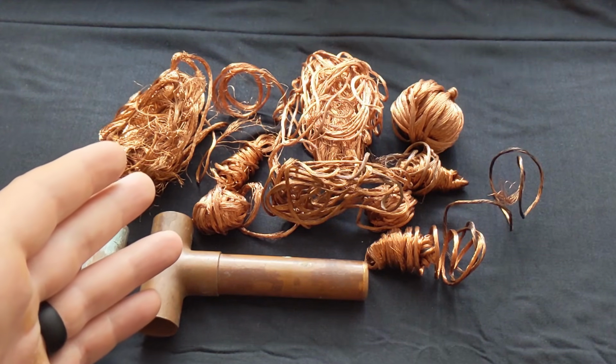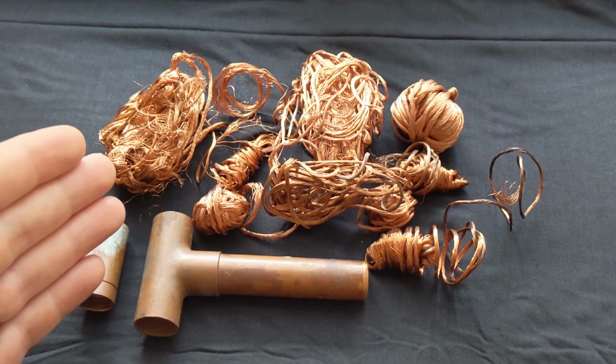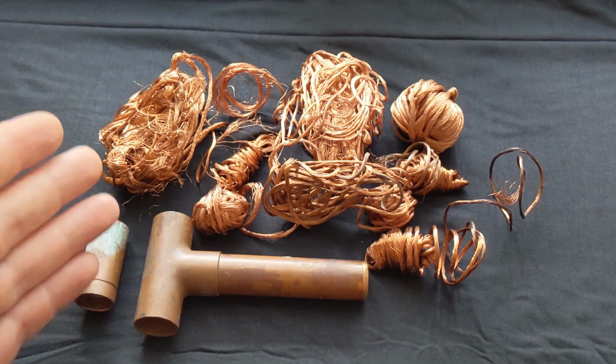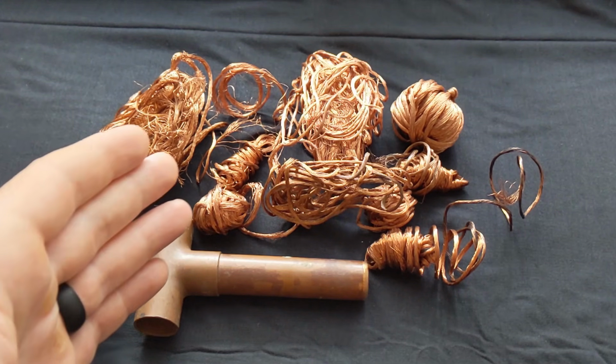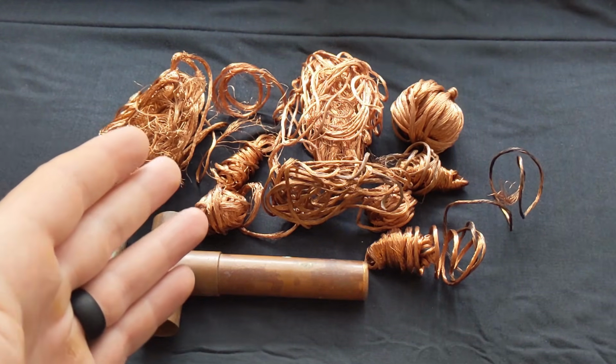So the first time her AC got stolen for the copper, and then she had a new one installed, and she had a big cage installed over the top of it to protect it, and then that got cut through by thieves who stole